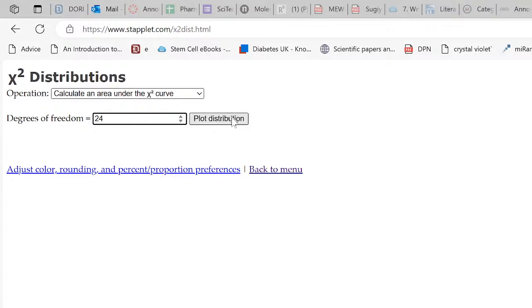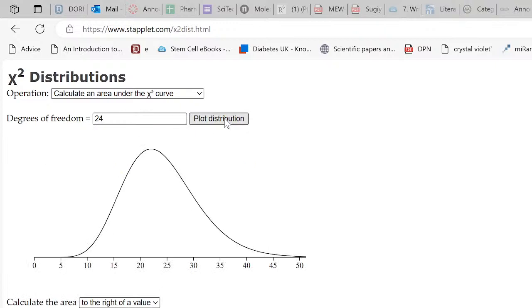24 degrees of freedom. I'm sorry, the folks from last term, it dawned on me that in the regression class we use Statlet constantly. You're seeing this for the first time, right? I didn't use Statlet for anything. Okay, let me just back up a little. Statlet, S-T-A-P-P-L-E-T. It actually is a wonderful series of applets. Let me go to the main menu. There's the main menu. It does a whole bunch of great stuff.